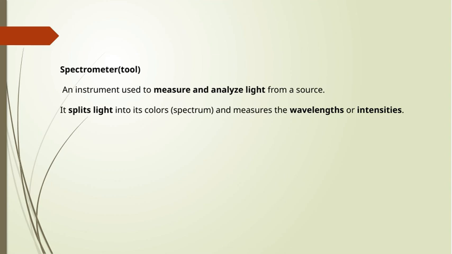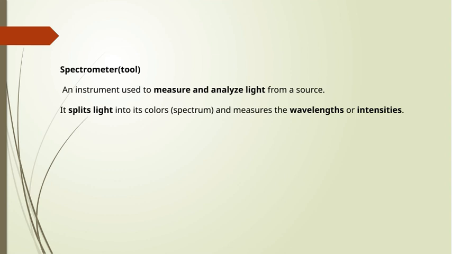This process is crucial because it helps us understand the properties of the light, and by extension, the objects or sources emitting that light. Spectrometers are fundamental in many fields, from astronomy to chemistry, because they reveal details that our eyes alone simply can't see. So, in the context of our presentation, the spectrometer is a key instrument that helps us decode the information carried